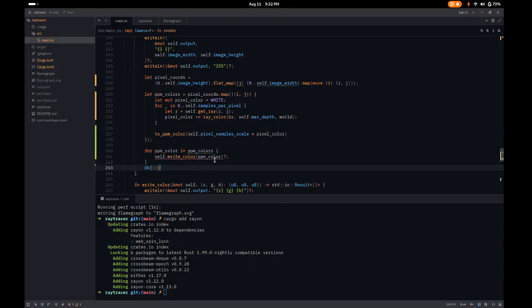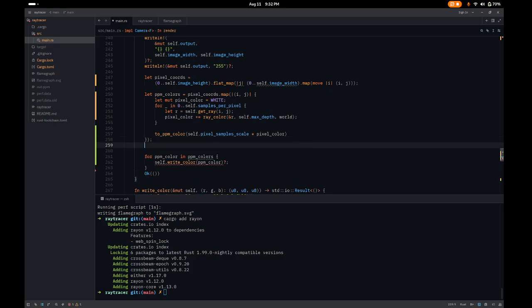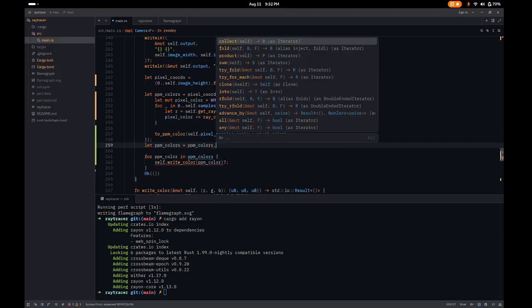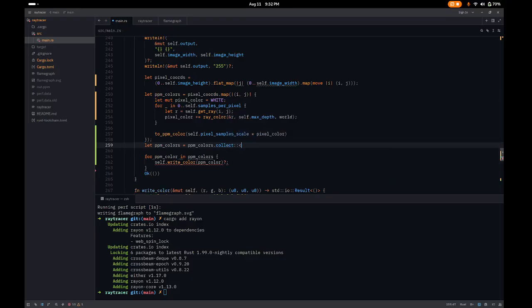So the easiest way to fix that I've been able to find is to just go ahead and collect this into a vec here. So now this vector only contains the actual pixel data, just the bytes that we're going to write. It doesn't contain any references back or borrows of self, of the camera object. All